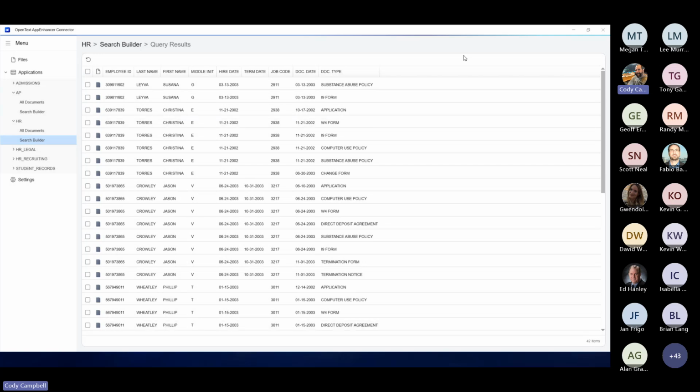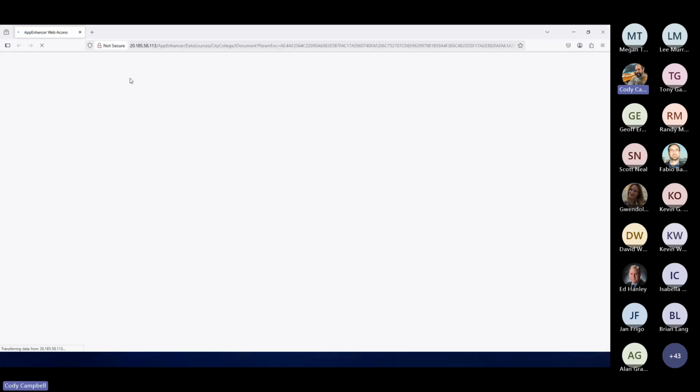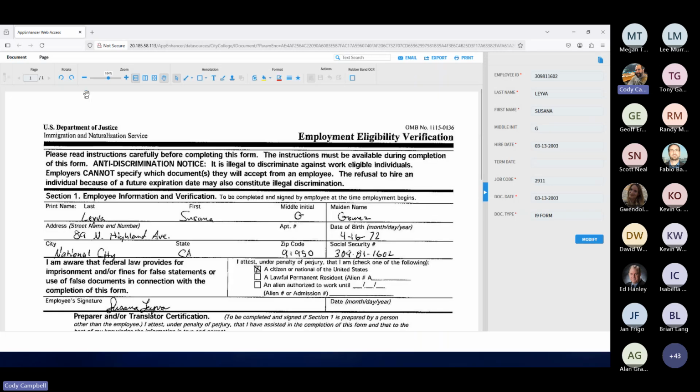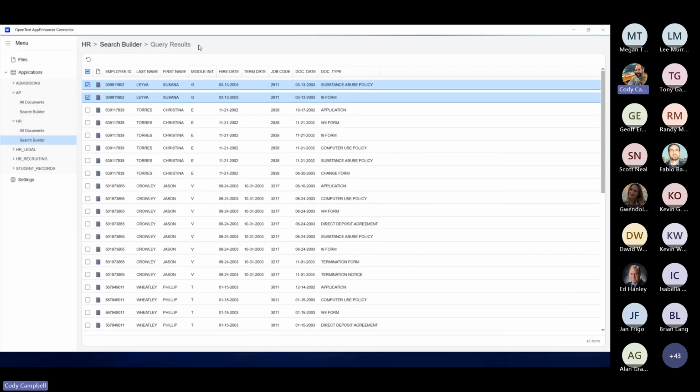But here's the result set. And again, we could open 2 documents at a time, or you click that link and it'll open one. Here we go. And so here's the document, and just a single page, so there's no thumbnails. All the document controls are available now, as if they were logged into the web. But they didn't have to go through the front door. They went in through the API using our client to our API, which is the connector.